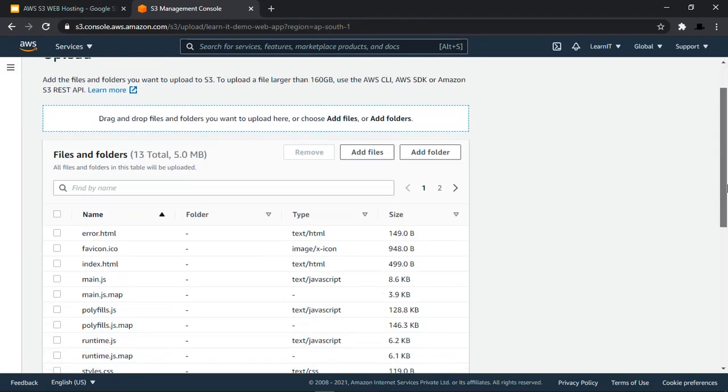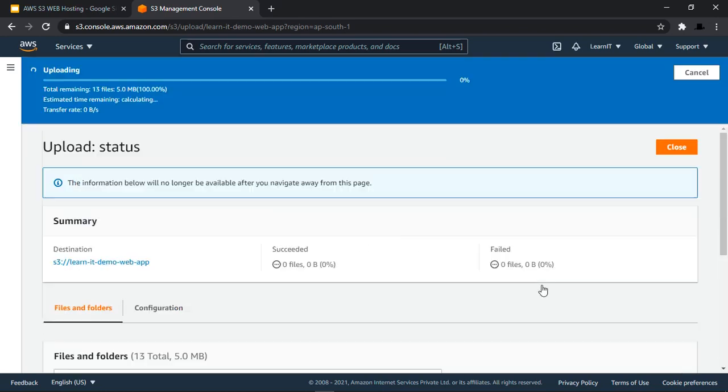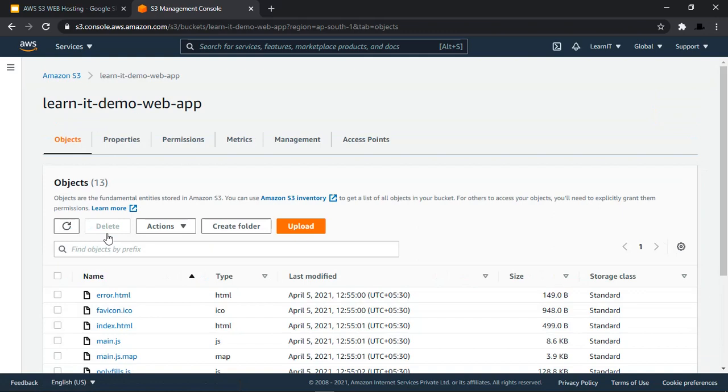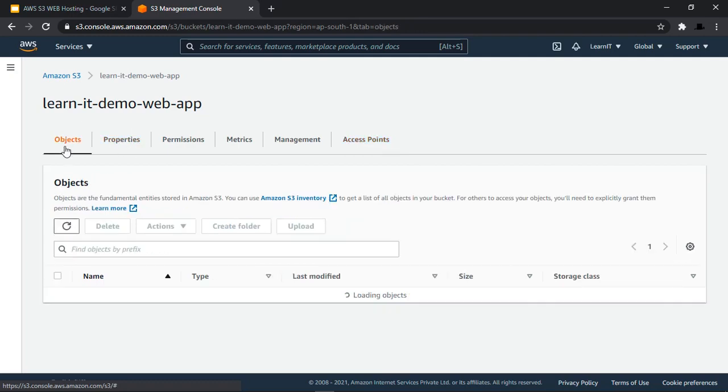And I am uploading all the files to my S3 bucket, which is enabled for static website hosting. It is uploading files now. Still uploading. Yeah, so we have got our files uploaded. We have uploaded all the static files related to our website into the S3 bucket, which is enabled for S3 website hosting.